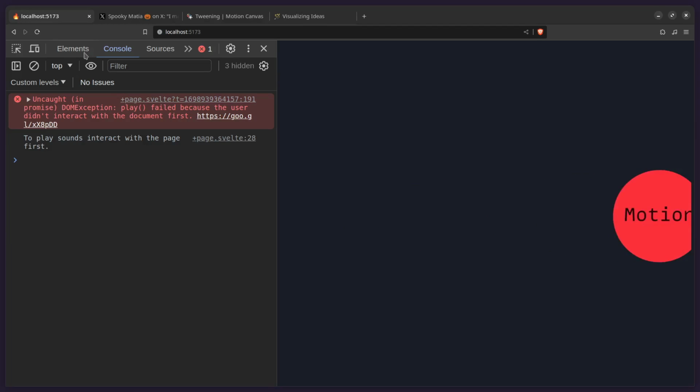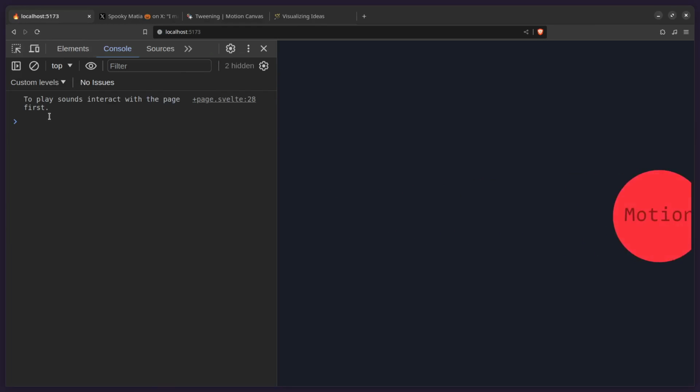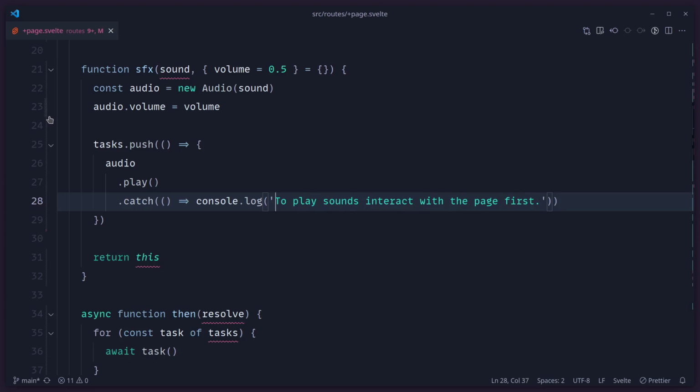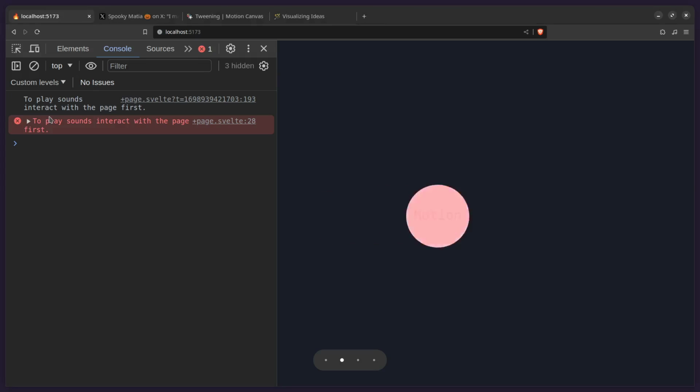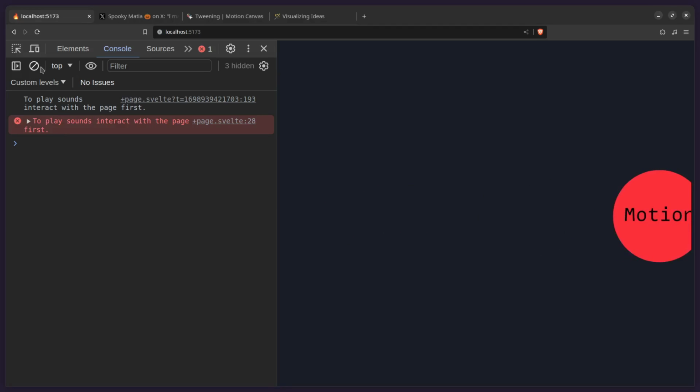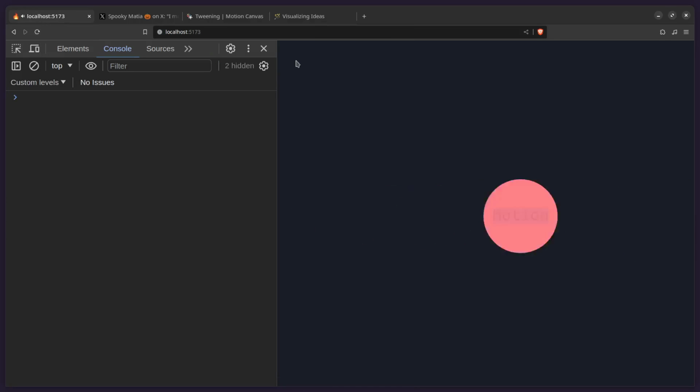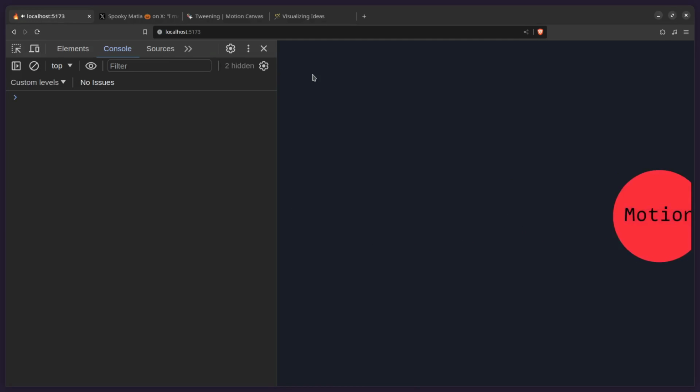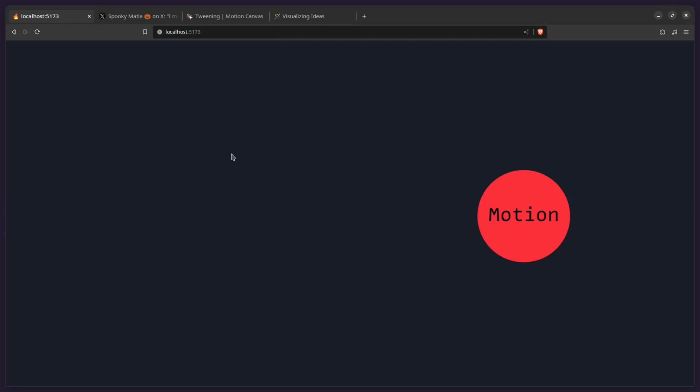So if we go here, we can just refresh this. You can see you get this error message. So maybe console log, let's turn it into console error, just so it's more noticeable. And maybe we can play catch up. Let's see. Okay, so I interacted with the page in time, so it played a sound, right? But that's basically it. Alright friends, that's basically it for our library.